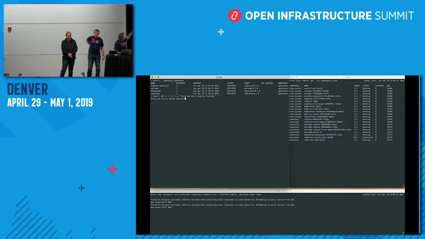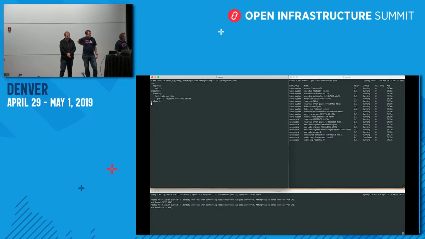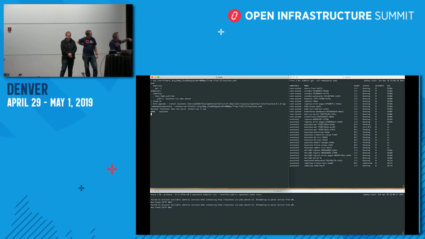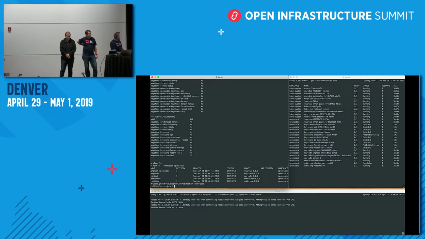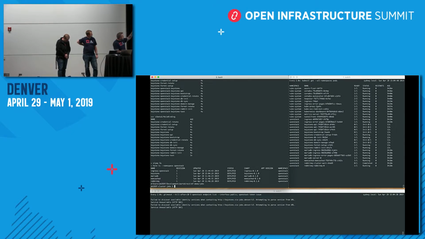So now on the upper left, we're just doing a Helm ls to show what's already deployed, and then feeding some overrides to the Keystone deployment command. This is essentially just 3 replicas to show an HA type deployment, as well as defining a public FQDN for the Keystone service. So there's some things going on concurrently.